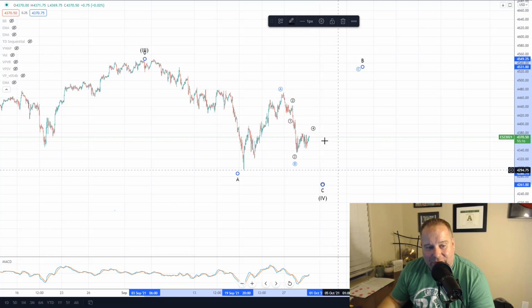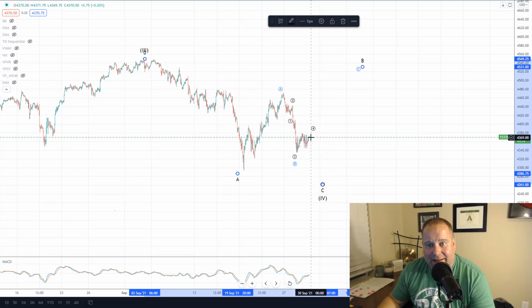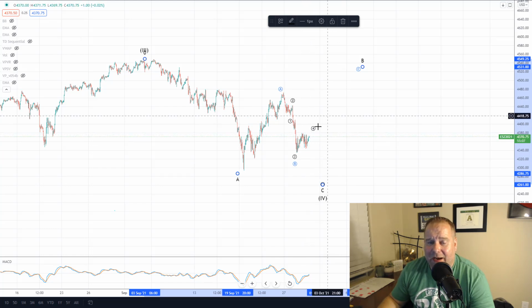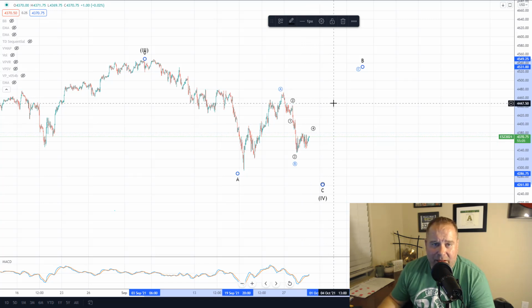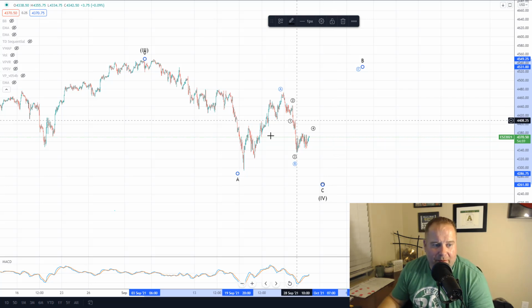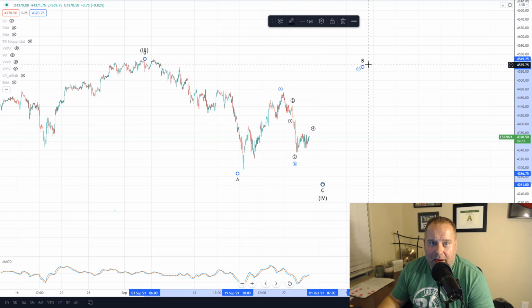All right, guys, so that's really what we're watching, is how this rally that's happening right now in the overnights plays out. It's up about 20 points, so it hasn't taken out this high. But if it takes out this high, it's very likely we're headed higher in either the B wave or, as a last resort, the ending diagonal. As I told you, I don't like ending diagonals because they're not reliable, so my primary count is A, B, C, up at that point.